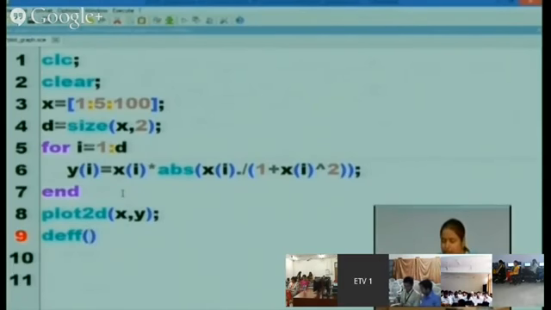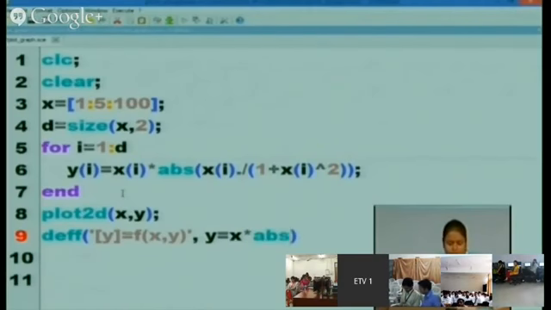The syntax is: write the keyword deff, and in single quotes write y is equal to f of x comma y, then comma. After that declare the function, y is equal to x into absolute value of x